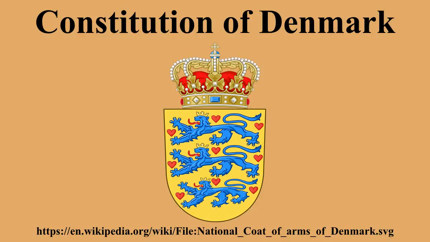Separation of powers. As in many other democracies, the Danish Constitutional Act divides power into 3 independent branches: the legislative, the executive and the judicial branches, in order to encourage checks and balances and prevent abuse of power. The Danish parliament is the legislative power, enacting the laws of the country. The cabinet is the executive power, formally acting out the role of the monarch by ensuring that laws are implemented.